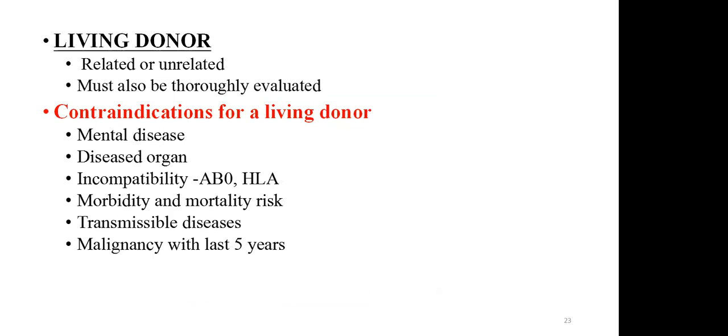So for the living donors, we have 2 categories, either related to the recipient or unrelated to the recipient. These living donors must be thoroughly evaluated using history, physical examination, and relevant investigations. So there are some contraindications for living donors. If that donor has a mental disease, if the organ to be donated is diseased, and then if there is incompatibility, either ABO or HLA incompatibility, presence of any morbidity or mortality risks, then presence of transmissible diseases like HIV,